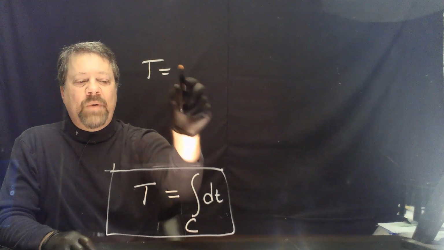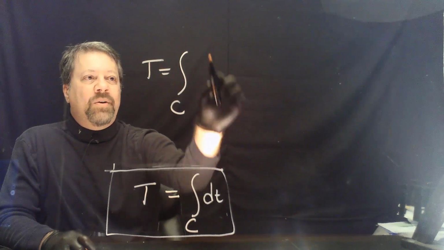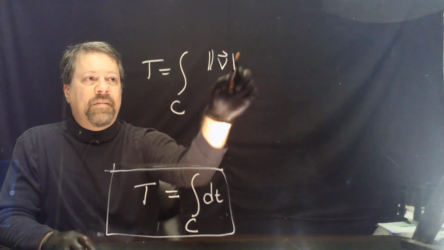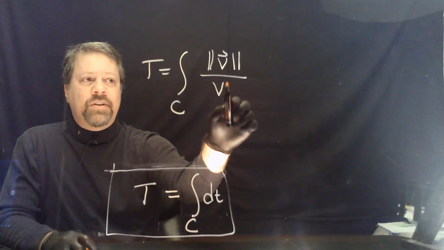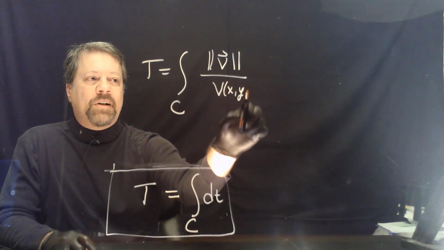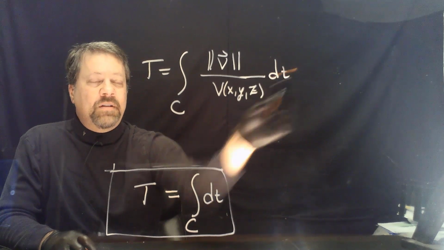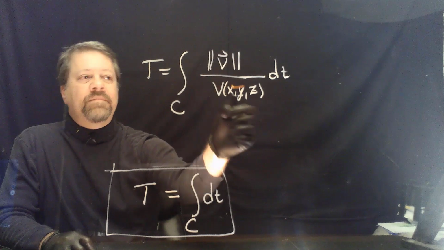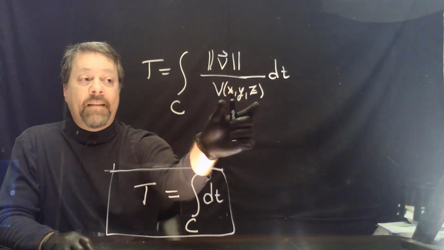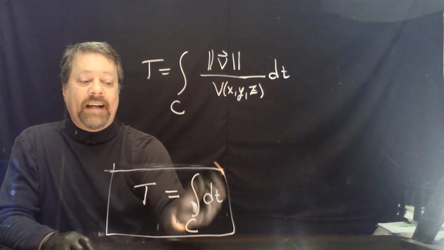There's two ways of calculating the velocity. We can use the norm of the velocity vector, and we can also use this function v, which only depends upon x, y, and z, the speed of light which is known at each point. We're going to evaluate this function. Notice that this is the speed and this is the speed. These cancel out. And so we're really just adding up elements of time.